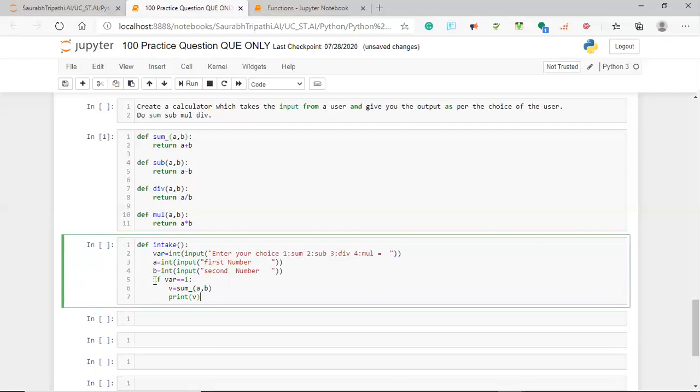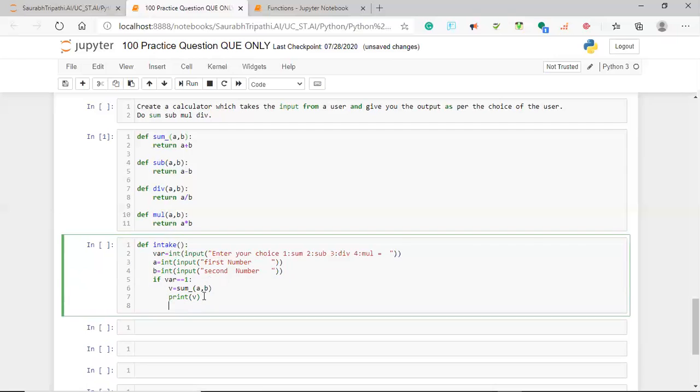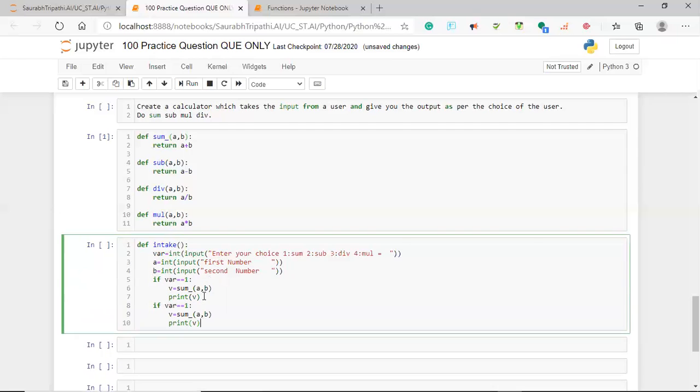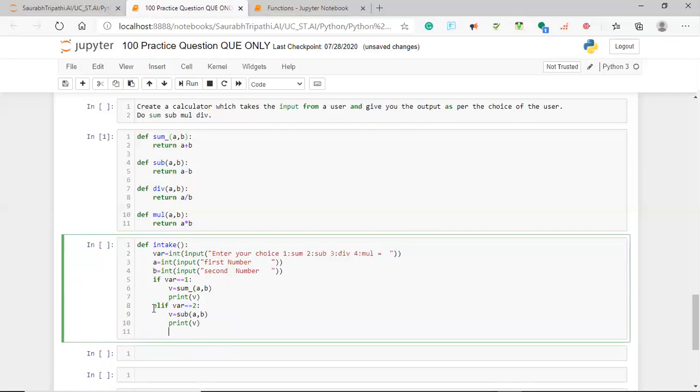Okay, again I'm going to copy and paste the whole code block. And in the next, what we're going to do, we'll simply write elif. Okay, and in this case we are going for the second choice. So if the choice is 2, we say that it is subtraction, so we will use sub. Again the same value will be passed to it, and we already know that it will give us the result. Okay, again going further, let me copy this block,